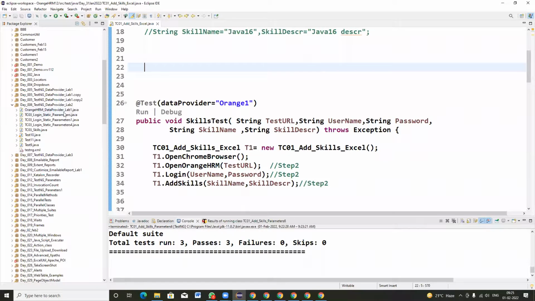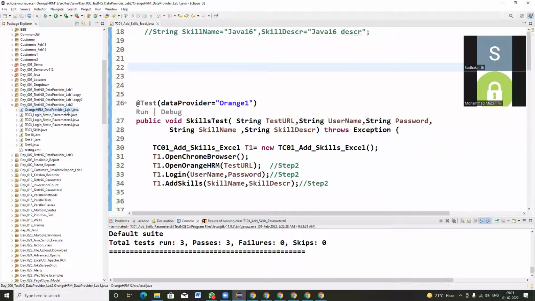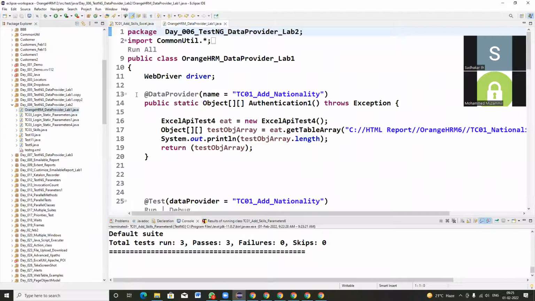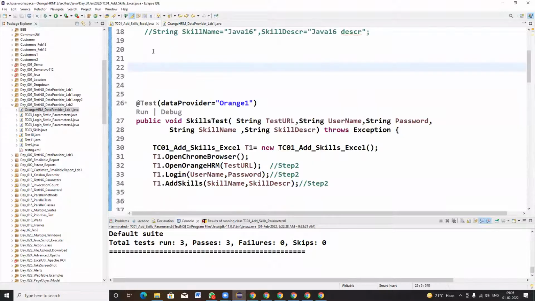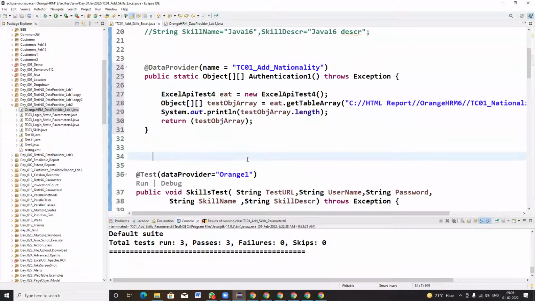So I'm going to lab number 6, TestNG data provider lab 2. I'm clicking on the first program and copying the data provider syntax, Control C, and I'm going back and specifying it here. This is the data provider syntax I copied to fetch input data from the Excel.